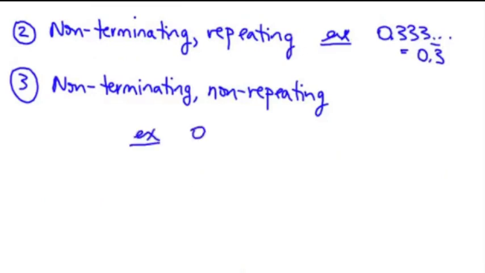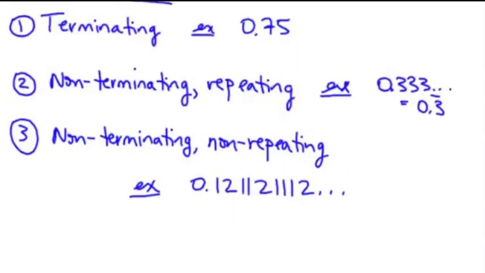Let me give you an example here that's a good one because it tests your skills of whether this is really repeating. Notice that the dot, dot, dot is indicating it goes on forever, so it's non-terminating. It's non-repeating even though this is patternistic, right? You can predict what's coming next, but it's not repeating because it's not repeating the exact same thing over and over again. So let's classify these different kinds of